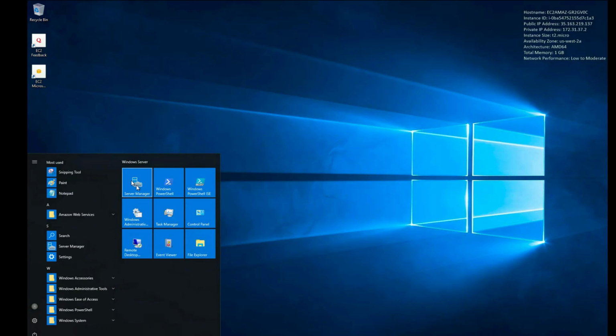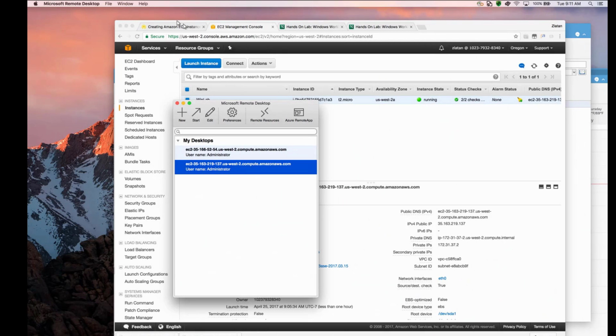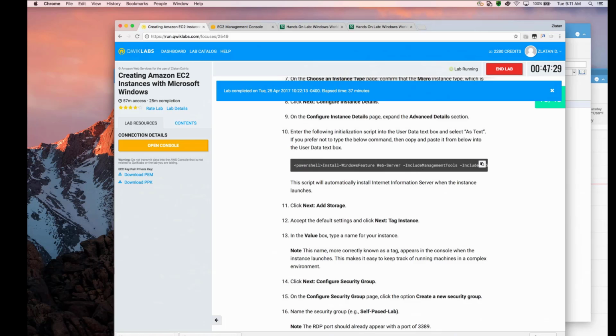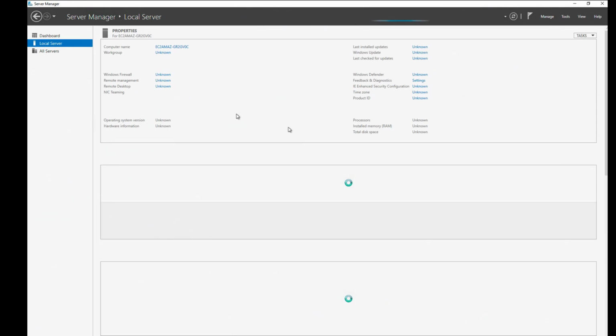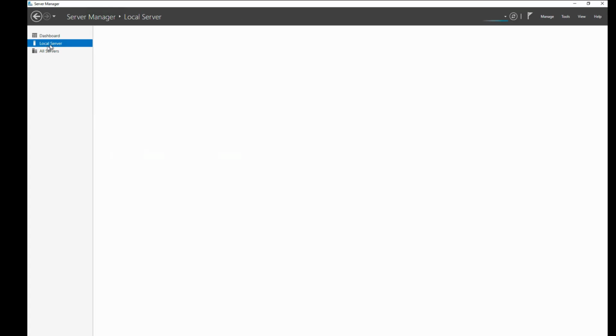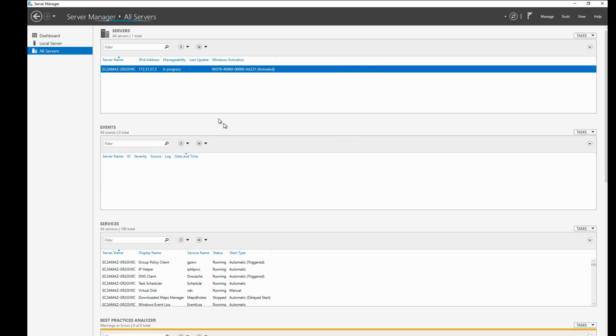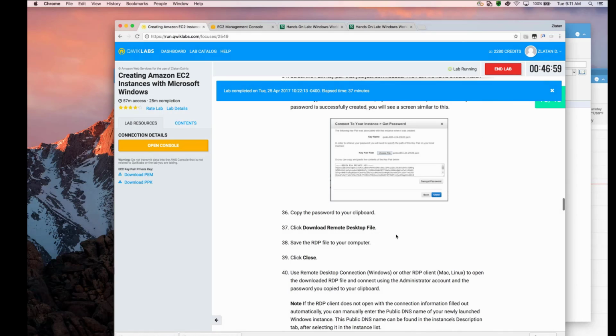So I am in Windows Server 2016, so if I click on the Server Manager, what I actually included when I bootstrapped the image was to install IIS, right? So hang on. If I go over here, and if I show you, see, install Windows Feature Web Server, right? So I'm going to show immediately. It's going to take some time until it installs, and then it will actually show itself. It will actually come up here. So I'm going to give it some time to go ahead and do that while it's doing it. So it's doing its thing. It's a little bit eager, but as you can see, these are all the steps that I actually went through